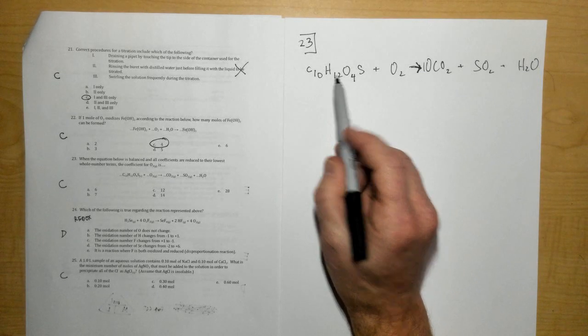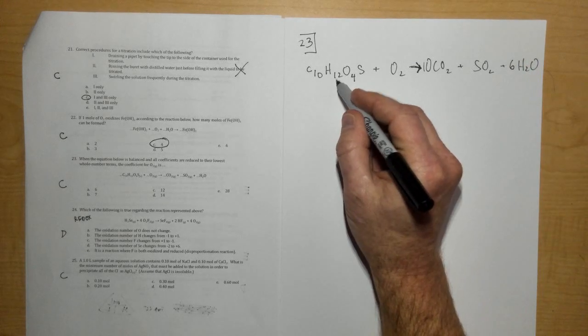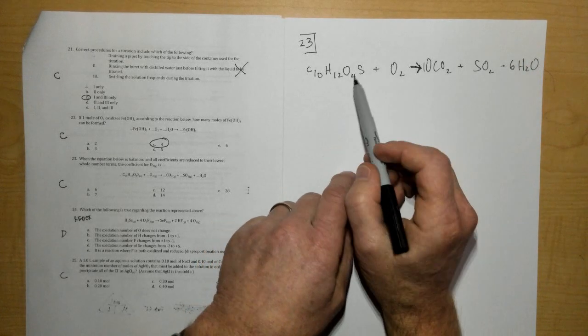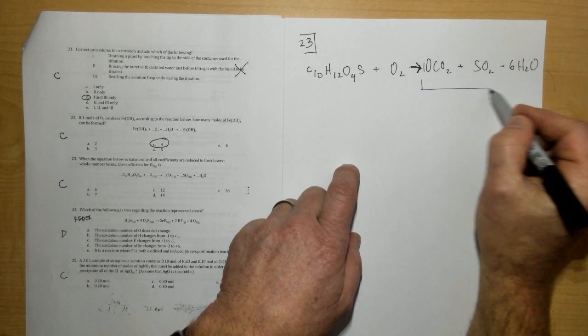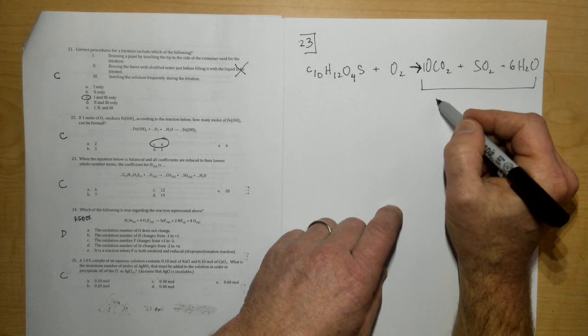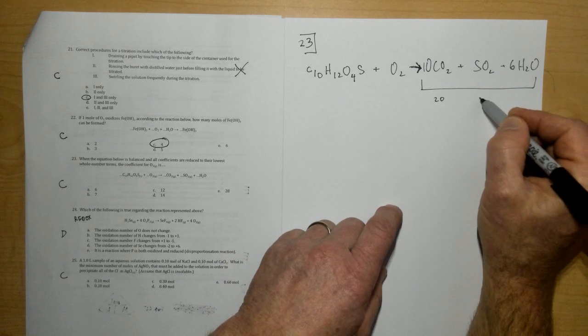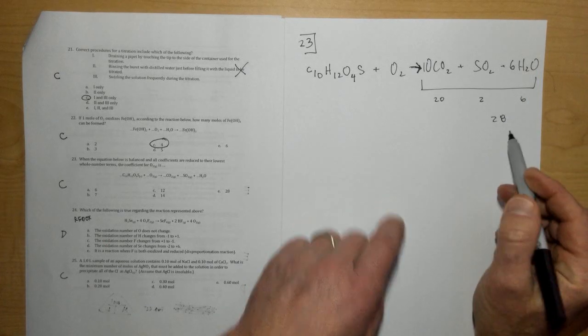Then do the hydrogens, and you'll notice I have 2 here, so I'm going to need a 6 here to get 12, okay. And then next, do the oxygens. And so I have way more oxygens on this side right now than I do over here, so let's take a look at how many I have. 10 times 2 is 20, plus 2 more here, plus 6 more right here gives me a total of 28